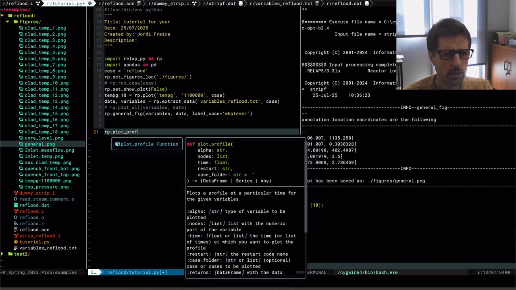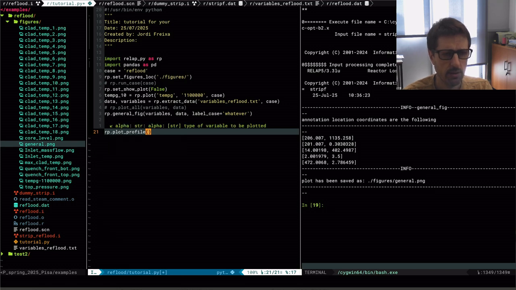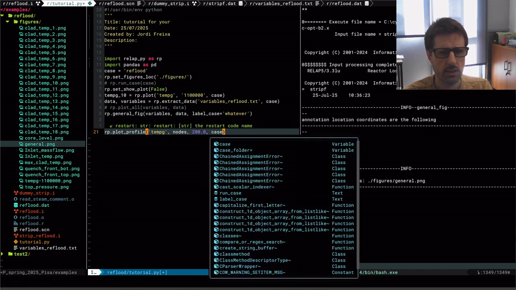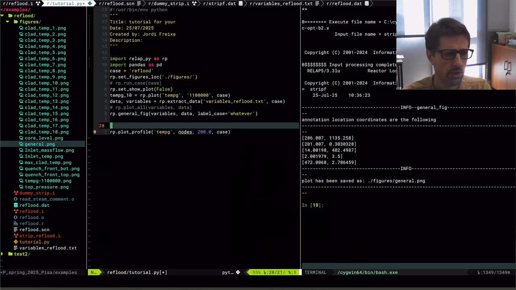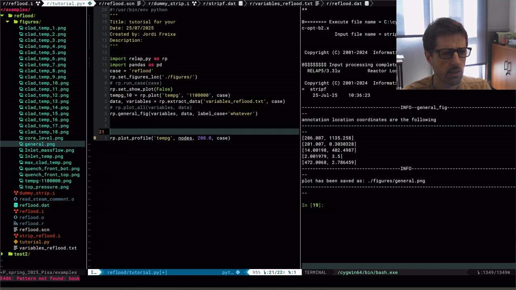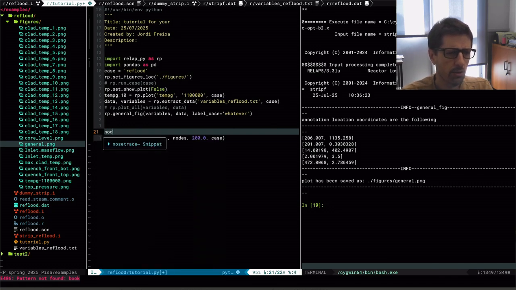So let's do the plot profile, and first what I want to plot, let's put mg that we were doing before, and here the nodes is a list of nodes. Let me create it outside, and then the time, just put it at 200 seconds, and finally this is our case folder. I don't do anything, but nodes, it already warns me that there is no such thing as nodes. Let's create the nodes. It's a list,